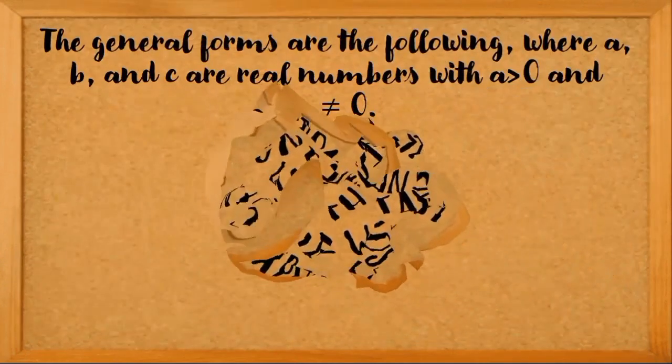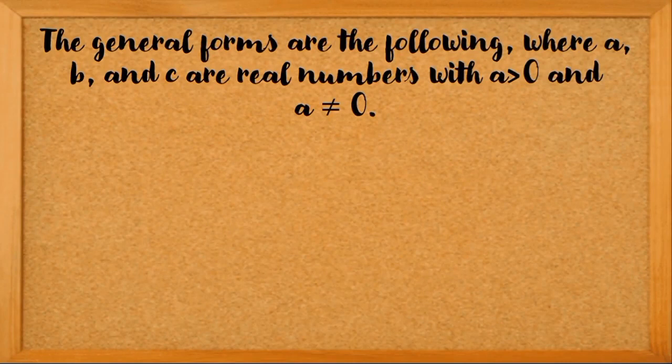The general forms are the following, where a, b, and c are real numbers with a is greater than 0 and a should not be equal to 0. You already know why a should not be equal to 0. Because when a is equal to 0, then it is considered a linear form. So, what are the different forms of